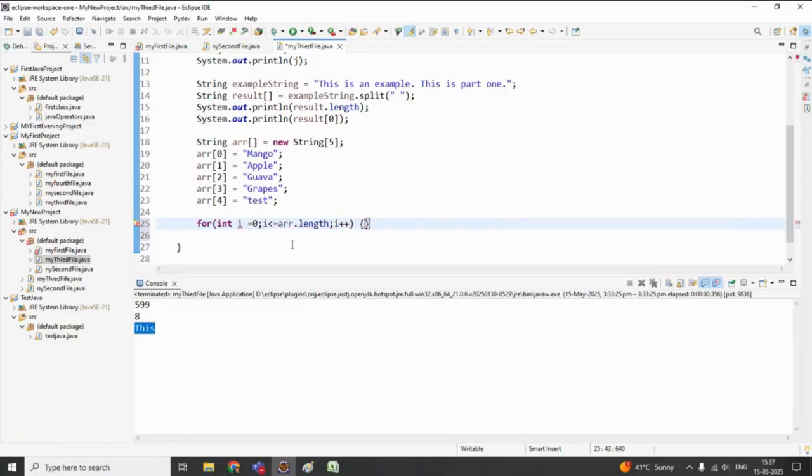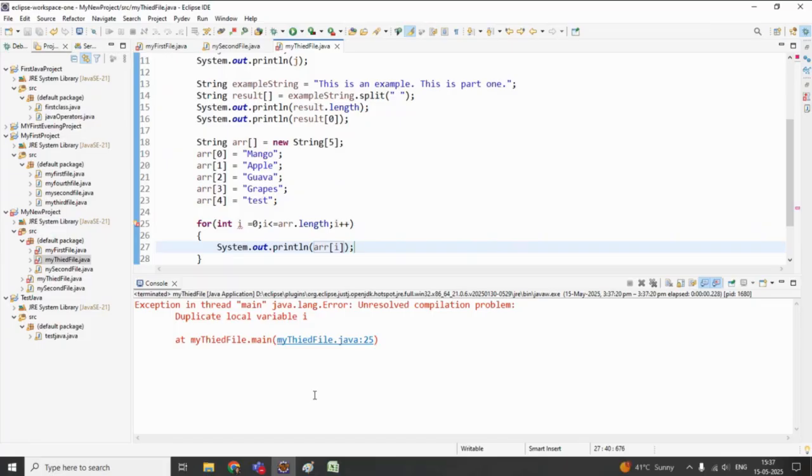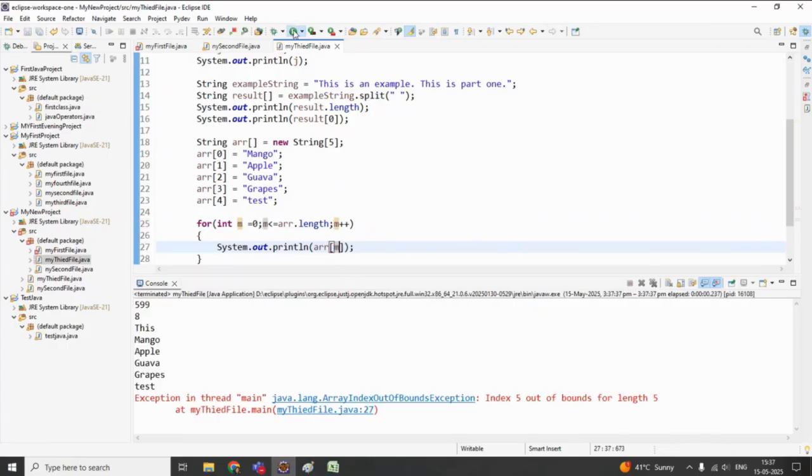Now for printing, if I say I, then how to print ARR of I. ARR of I. Now if I run this, it will give me an error: duplicate local variable, because we have already used this. Suppose I will take it as M. Now if I run this again,